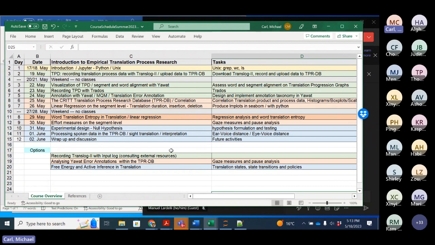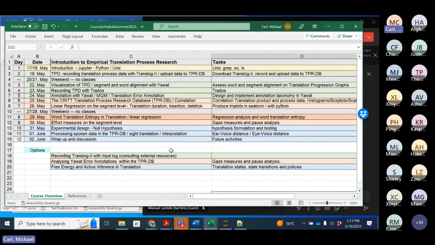But if the translator switches the window, goes to a browser, searches for something on the internet, types in a query there and so on, maybe copies this and pastes it into Trados or maybe Translog, then this external search would not be recorded, because these tools only have access to what happens inside their windows.